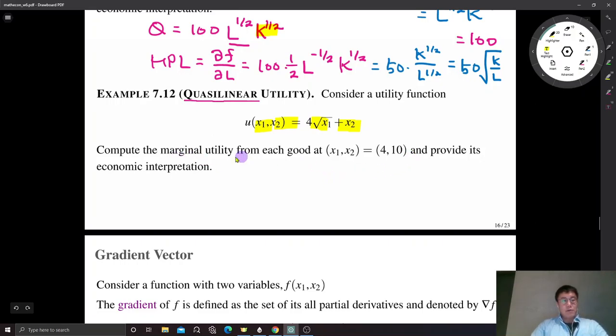So if we compute marginal utility from each good at (4, 10), so the consumer currently consumes 4 units of good 1 and 10 units of good 2. Okay, at this point, if we compute marginal utility, so MU1 is the partial derivative of u with respect to x1. Okay, now x2 is a constant. So we just take this part and take the derivative, and we obtain